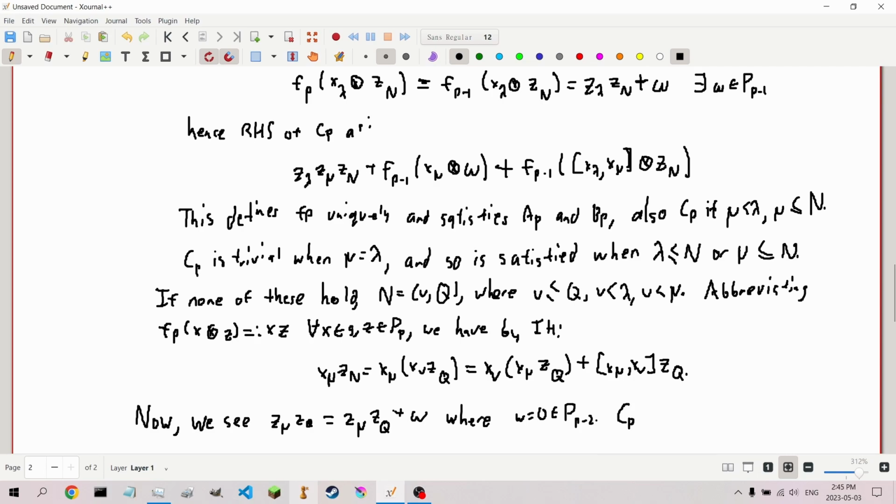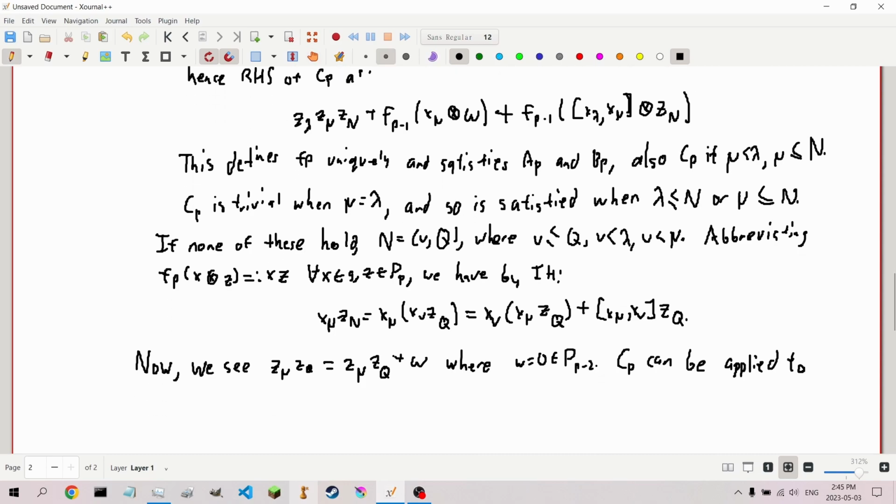So condition CP can be applied to X lambda of X mu of Z mu ZQ. Since mu is below Q and also below mu, and nu is below mu directly,